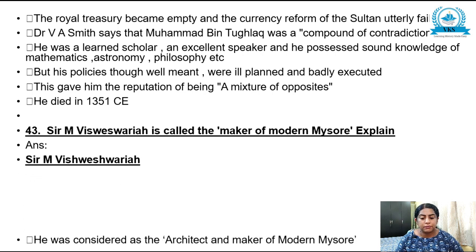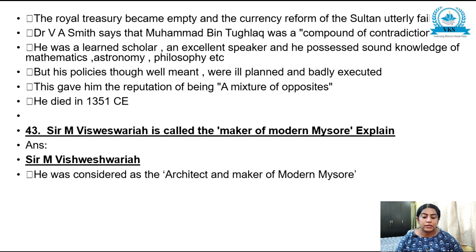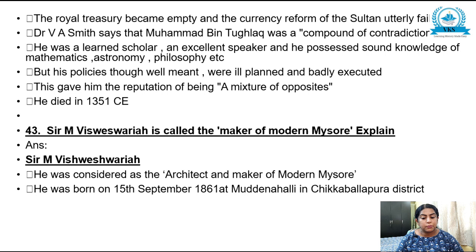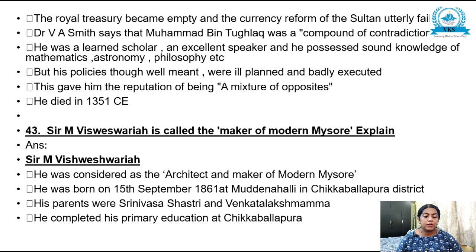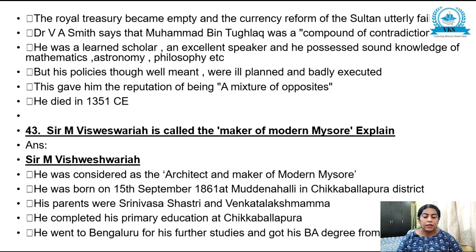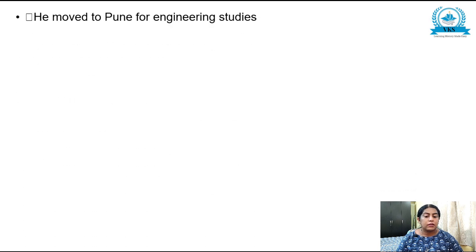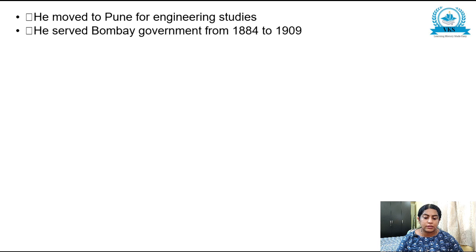So Sir M Visweswariah was considered the architect and maker of modern Mysore. He was born on 15 September 1861 at Muddanahalli in Chikbalapura district. His parents were Srinivasa Shastri and Venkata Lakshmamma. He completed his primary education at Chikbalapura and went to Bangalore for further studies and got his BA degree from Central College. Then he moved to Pune for his engineering studies and he served in the Bombay government from